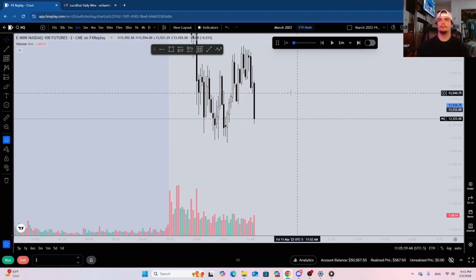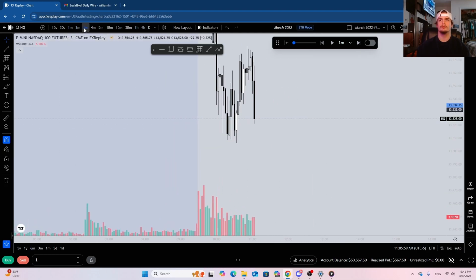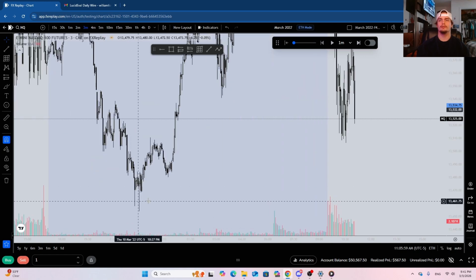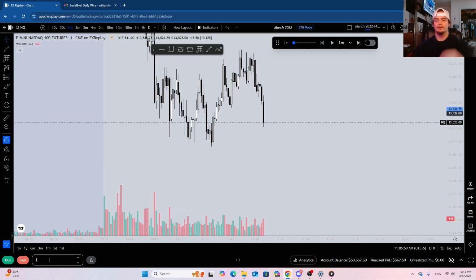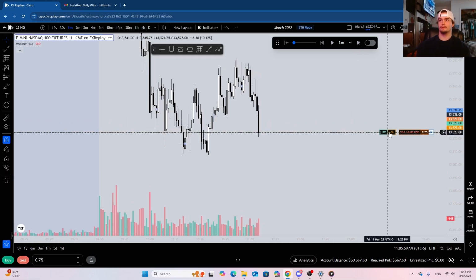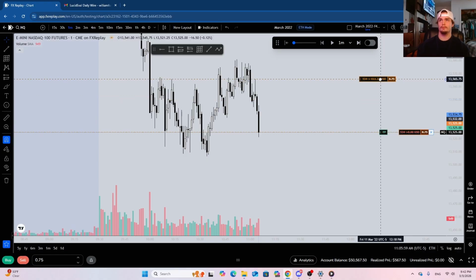Accumulate, manipulate up. Now we're starting to distribute. We have a solid displacement candle. Instead of targeting these lows, I'd probably just target a 1-to-1 here. Stop loss around the top of this wick, most likely. So probably go in with 3/4 of my position because it's going to be a pretty hefty stop loss. I've got to do 0.75. All right, so this would be around 7 micros.